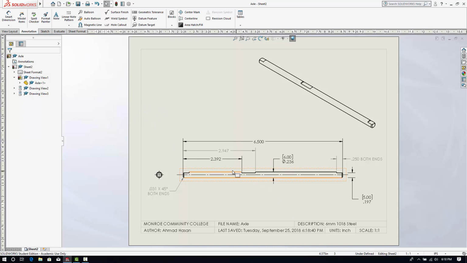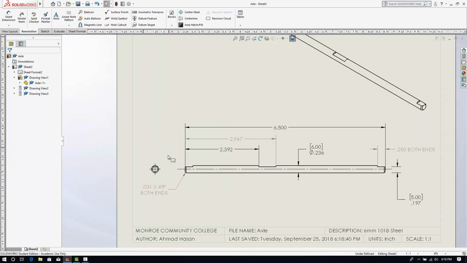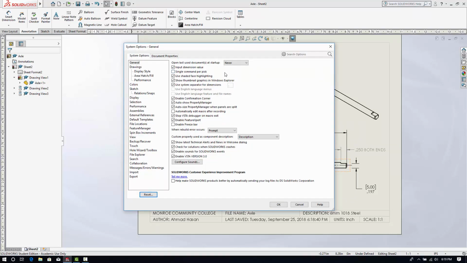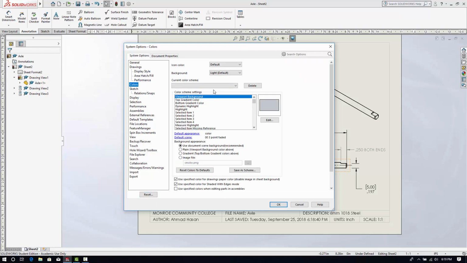If you want to save or send a PDF of this, you want all dimensions to be black. So one way to do this, and this is a preference thing, obviously, is to go to options. If you go to system options, colors is one of them. And there's a color scheme settings. If I go down, there is